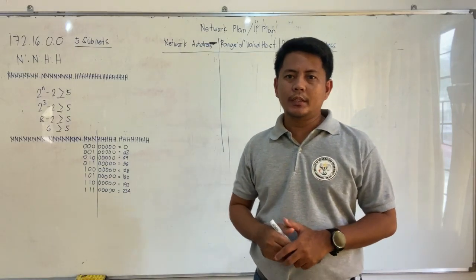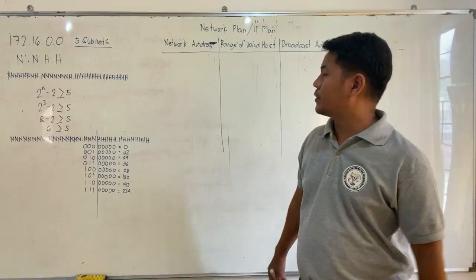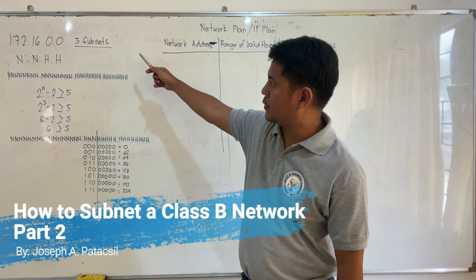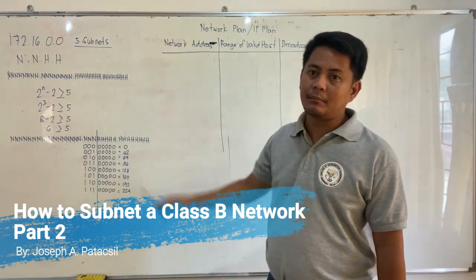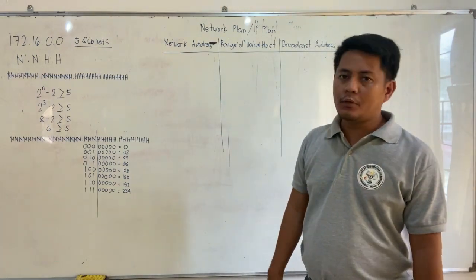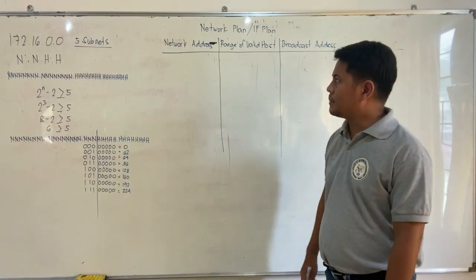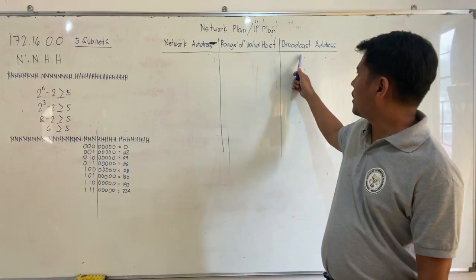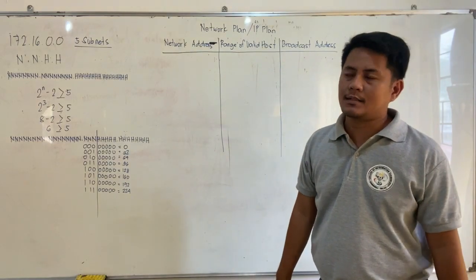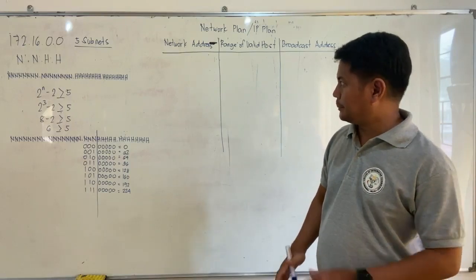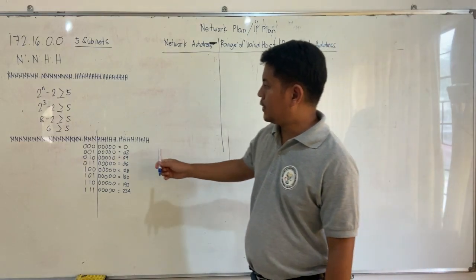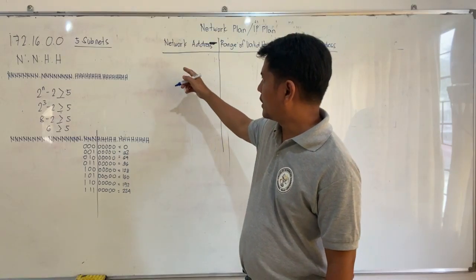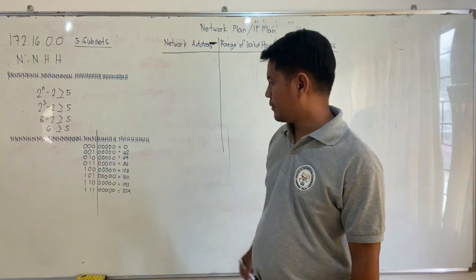Alright, at this point, let us now create an IP plan or network plan for our requirements, which is to define 5 subnets. In creating our IP plan, we need 3 columns, namely the network address, the range of the valid host, and we also have the broadcast address. So to start with, we need to define our network address. So our first network address here will be